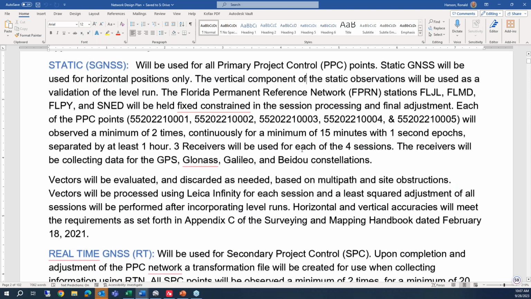Now, keep in mind that this sample network design plan does not agree with the project that I'm going to be demonstrating live. But it gives you an idea of what is required. Every static point must be observed a minimum of 2 times for a minimum of 15 minutes with 1 second epochs,